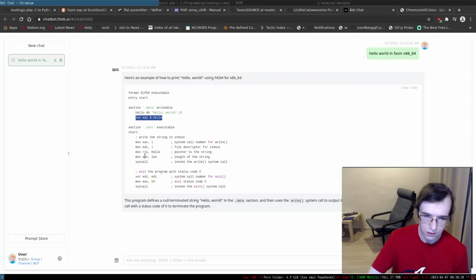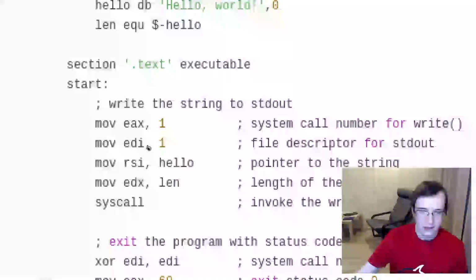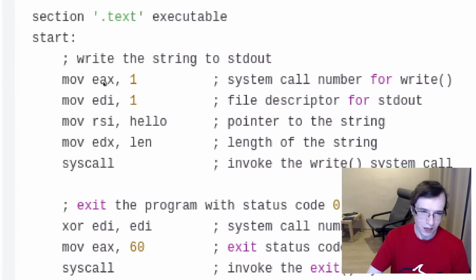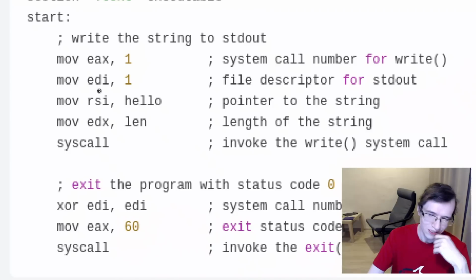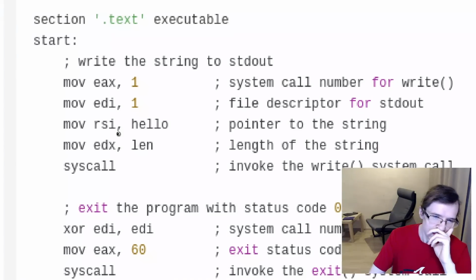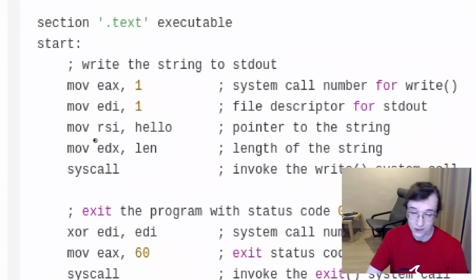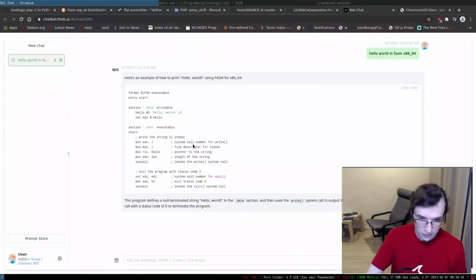Yeah, so it put it in EDX. That's a really strange thing. It kind of mixed up 32-bit registers and 64-bit registers, which is kind of fine. I guess that's fine. It's gonna work. So I think I did that, and it's still, yeah.